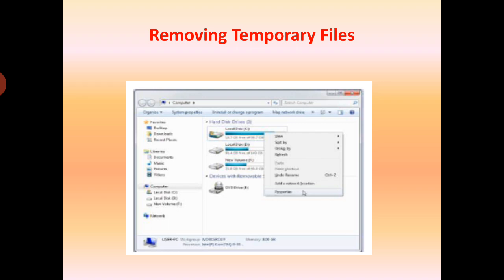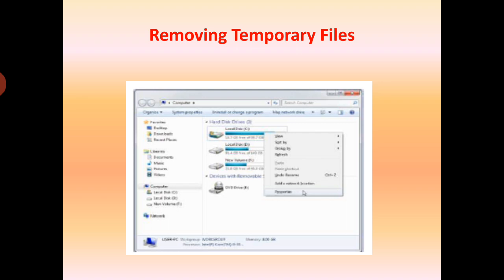Students, temporary files are created when you are running computer programs. Microsoft Windows and Windows programs often create a .tmp file as a temporary file. Temporary files are also created by web browsers to store your web browser history. These temporary files take up a large amount of disk space, so should be removed to clear space.